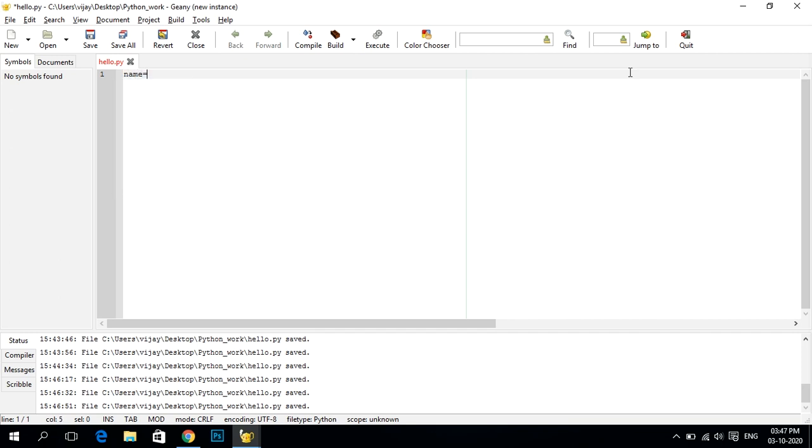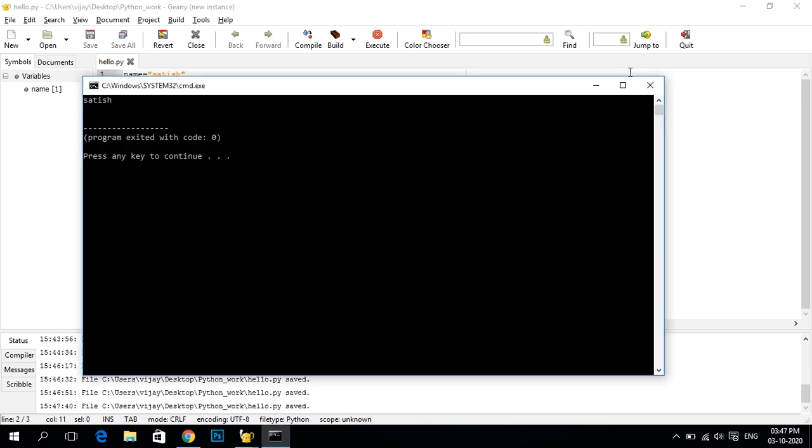Name is equal to Satish, written in double quotes. When we try to print it, we give the command print name within the parenthesis, and it will provide the name Satish.